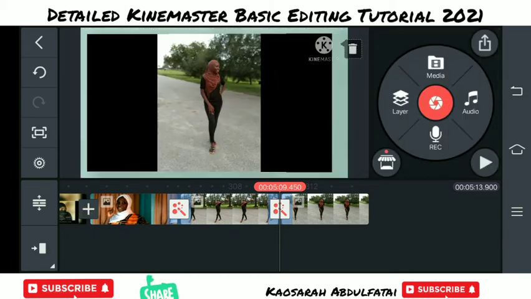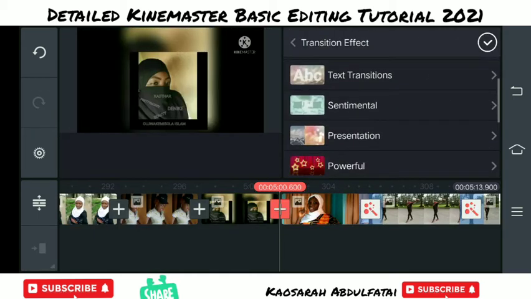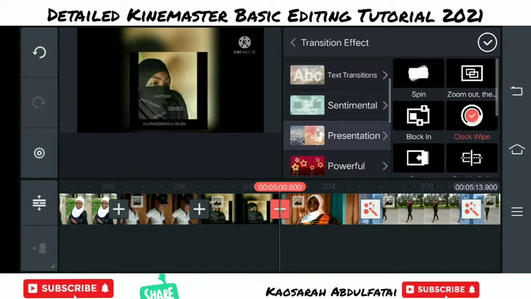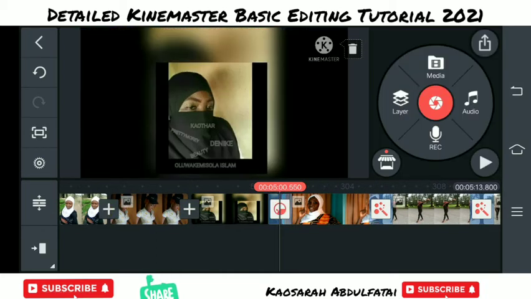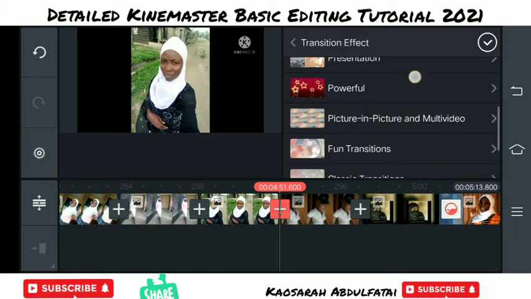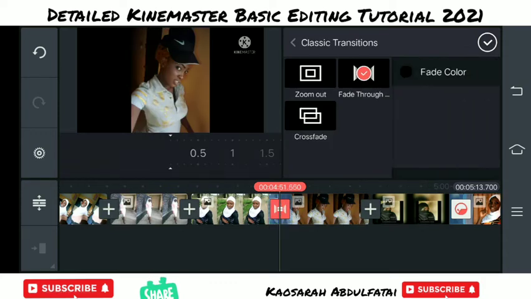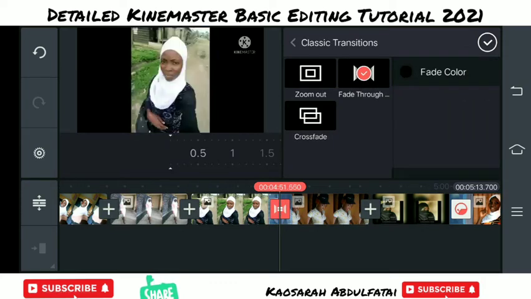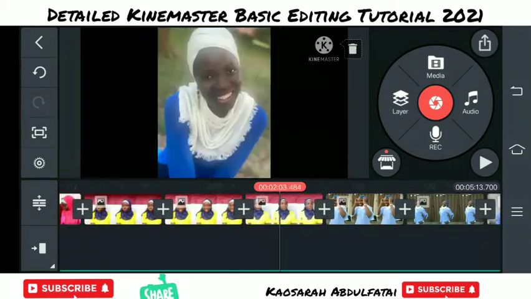Now let me pick this type of sentimental effect. Wow, I love this effect, it's quite good. Okay, maybe we should make use of this then. So let me look for others and also add more clips to them, because this is a compilation style, so you get the idea that it needs more transition effects from one clip to the next. So I just have to choose varieties of it.